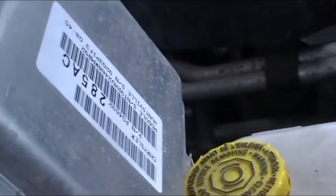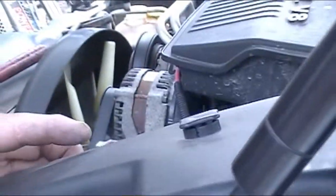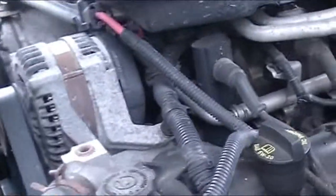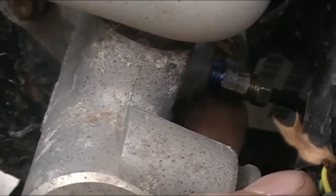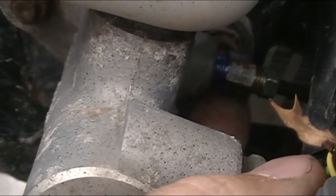So we have this all done. We gotta pull all that junk out of there. So that box is done. And so we've done one brake line running from the back part of the master cylinder there. We did one here, and we had to do one of those funny fittings right there,